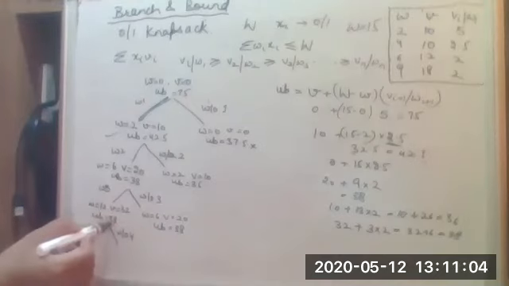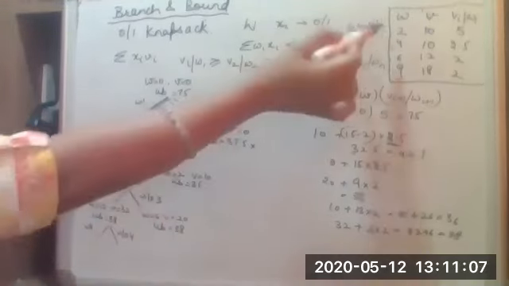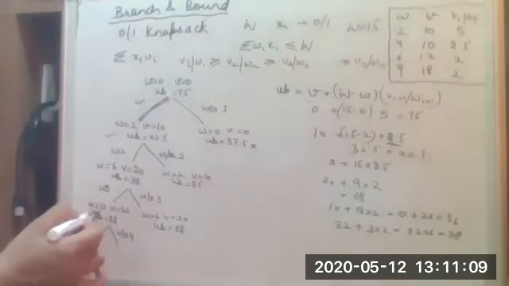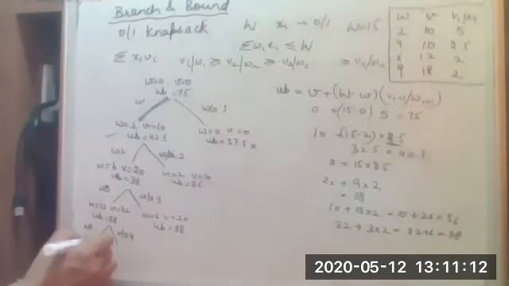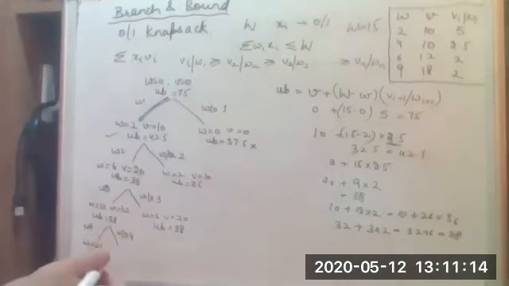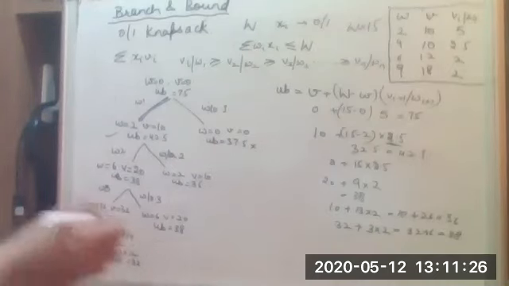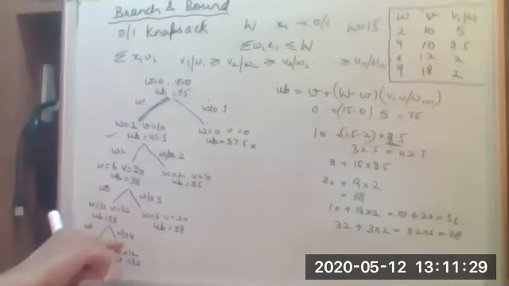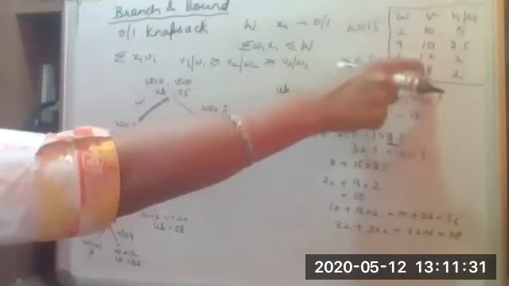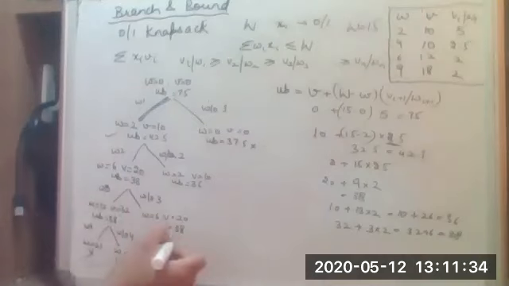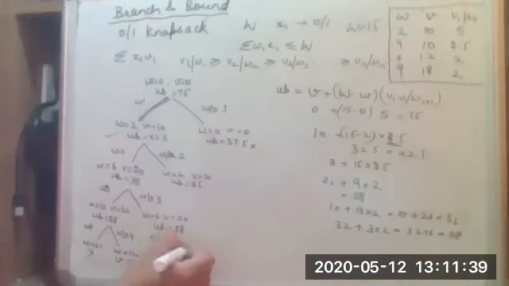If we are considering the fourth element, the weight will become 12 plus 9, 21. W will become 21, which is not a feasible solution. So this node is pruned. Now for this one, without 4, we will have weight value equal to 12, and the best solution that we can get here is 32. Yes, because we are not considering the fourth element, so we have considered only till 3. So 32 value. Fine.